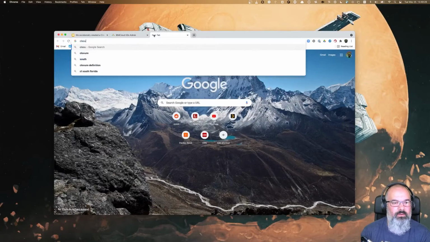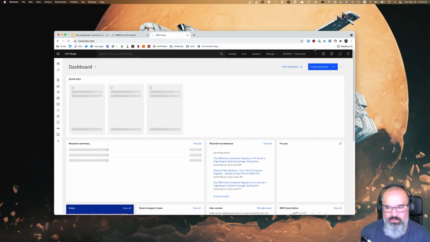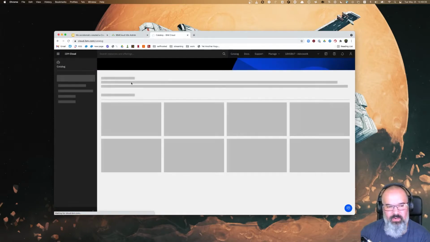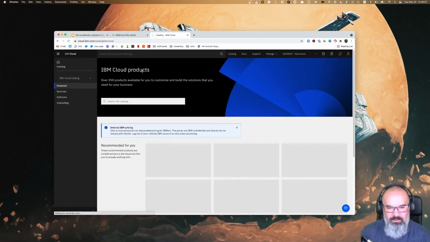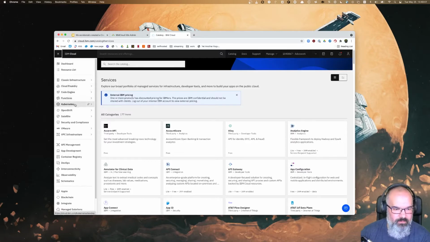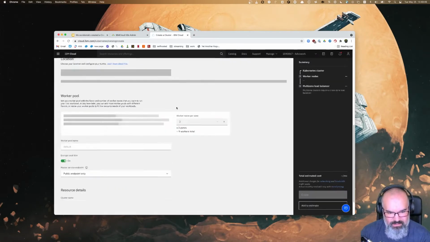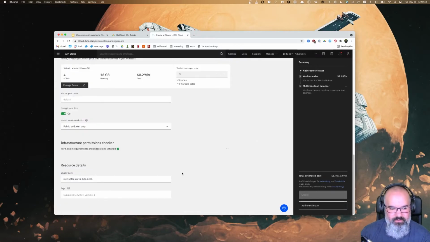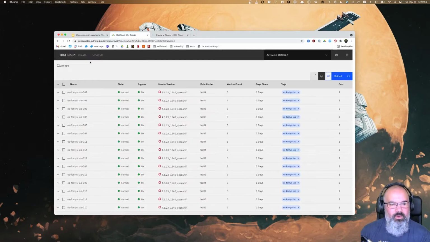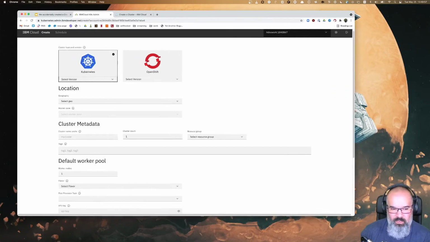If I go to cloud.ibm.com, and if I decide I want to create a bunch of resources, I actually have to create this resource, go through a catalog system to be able to request what I need. Yes, I can come over to this Kubernetes overview and create a cluster, but I still have a bunch of things to fill out and do. Whereas with what Mofi had created, leveraging the actual application, we were able to